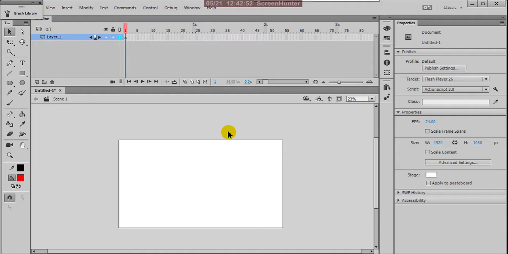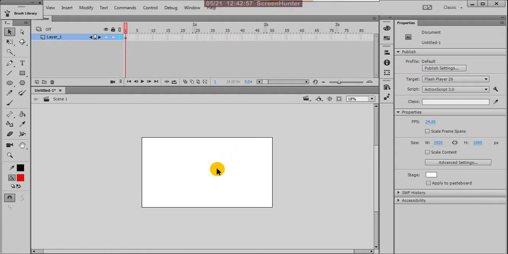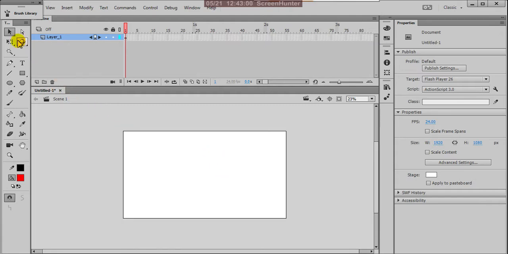Because it is a drawing software, specially designed for animation purposes. If you observe here, all the tools: the first is a selection tool, and here it is a sub-selection tool. Most of the shortcuts are carried over from Photoshop and Illustrator, because Animate CC is also part of the Adobe family. That is the reason most of the shortcuts continue here also. The selection tool is V, and the sub-selection tool is A.